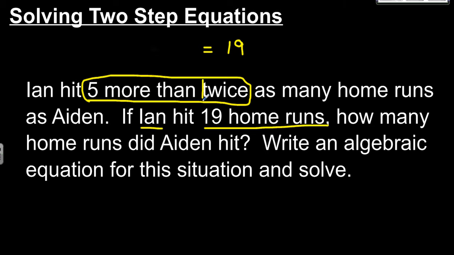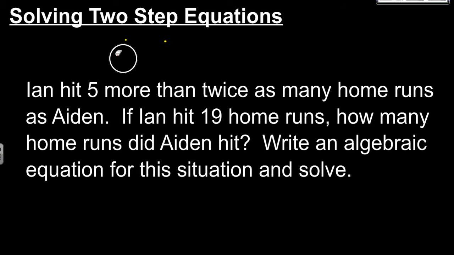Well, when we hear the words twice as many, that suggests multiplication by 2. So we can say 2 times Aiden, and it says 5 more than this, so we actually have to add 5 to 2a equals 19. Once you've got your algebraic equation set up, then all you have to do is combine like terms and use inverse operations to solve. I'm going to erase this for right now, and we will focus on solving for this